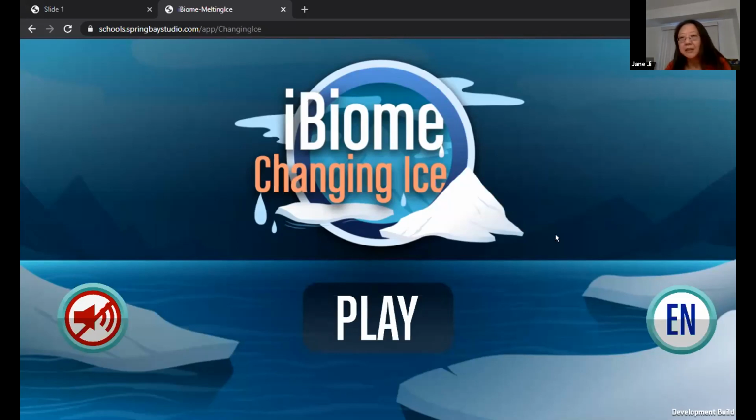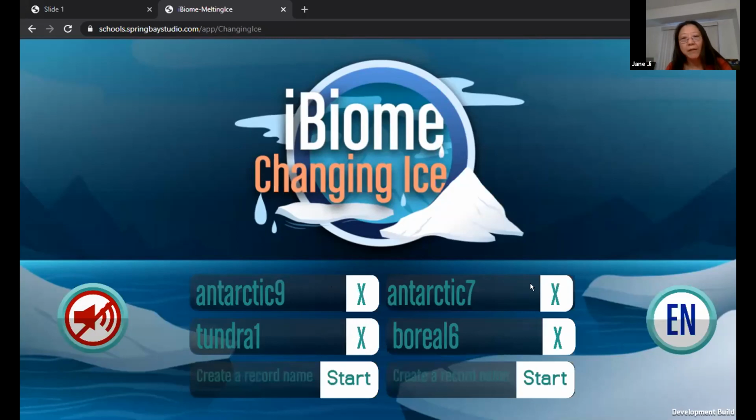For this new game, we really considered the feedback from teachers, so we added a feature that allows you to jump into each section of the game. You can see the 4 ecosystems included in this game, from the Antarctic to tundra to Arctic to boreal forest.